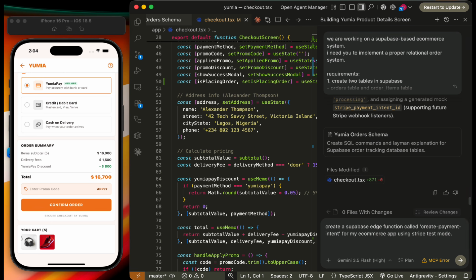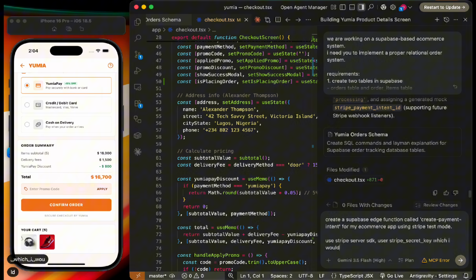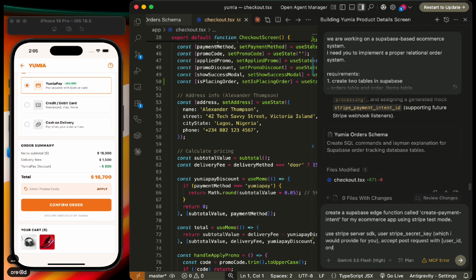So use the Stripe server SDK, use the Stripe secret key, which I will provide. Then accept a POST request with user ID, order ID,